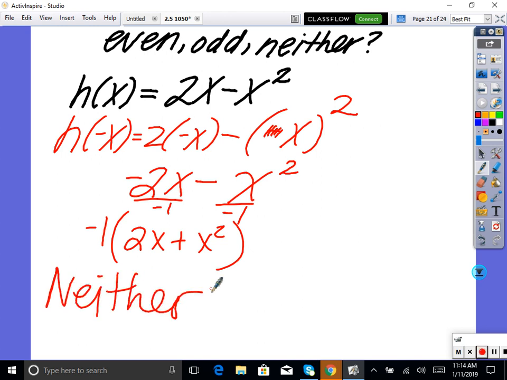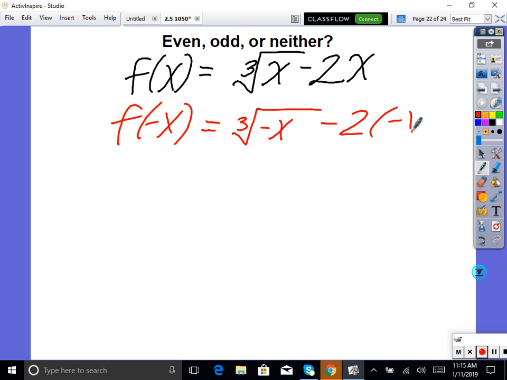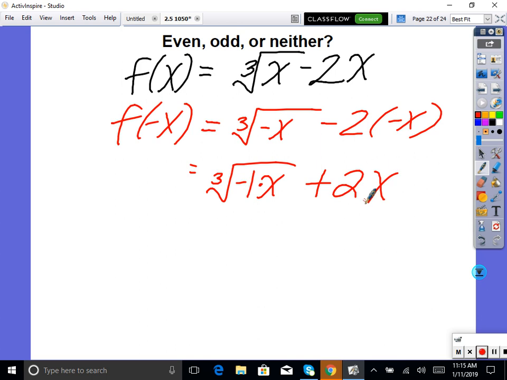Last example of the day is this one. Even, odd, or neither. Let's see. I plug in a negative x. So we have the cube root of negative x minus 2 times negative x. I always have people get so hung up on this. Isn't this the cube root of negative 1 times x? And then this is a minus a negative, isn't it? So plus 2x. Now, the cube root of negative 1 is